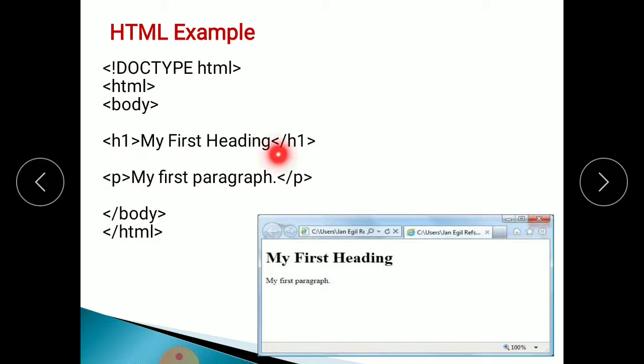See here, you have written my first paragraph, my first heading. Whatever heading you have written always comes in bigger size and in dark color. If you use a second heading, h2, then that second heading's size comes smaller than the first heading. And this heading always comes in bold. Then whatever paragraph you have written, that paragraph will display like this. If you write the code like this, this output screen will be displayed on the monitor screen. This is the output of this small program.